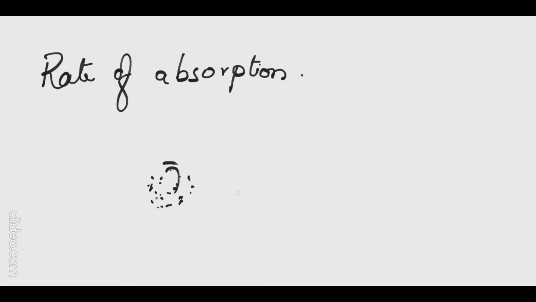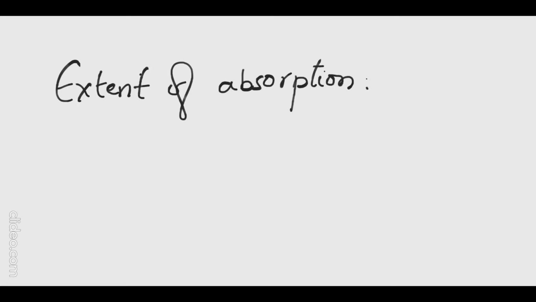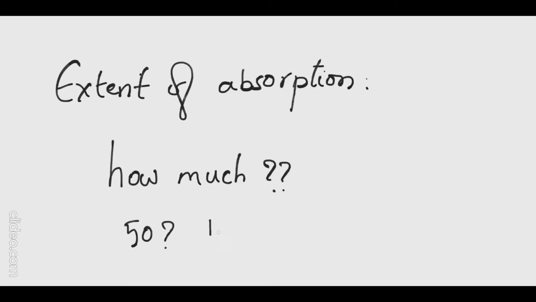Our topic today is bioavailability, and it refers to the rate and extent of absorption of a drug from a dosage form as determined by its concentration time curve in blood or by its excretion in urine. So, what is rate of absorption? It is the time in which the drug is absorbed in the body. And extent of absorption, we know how much is absorbed in the body, like 100%, 50%, 70%. So that is extent of absorption.